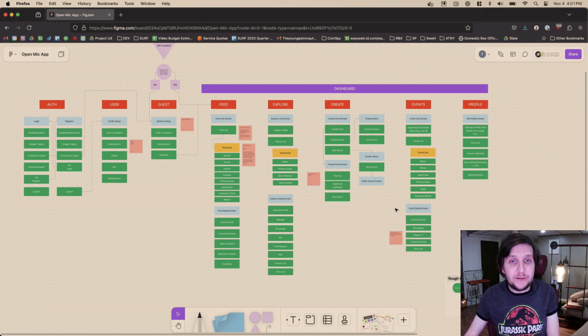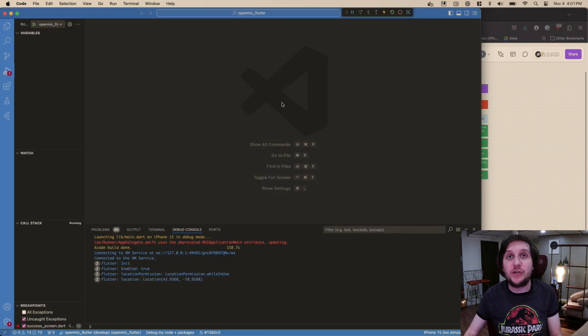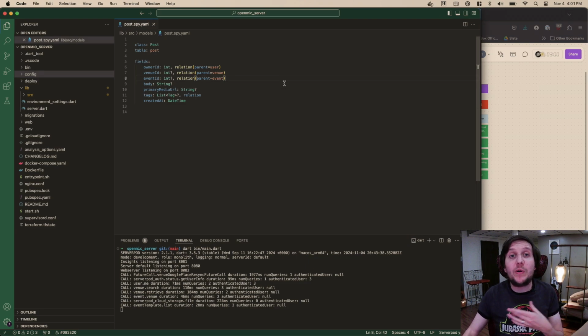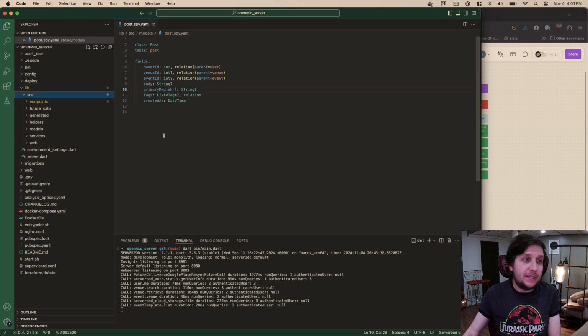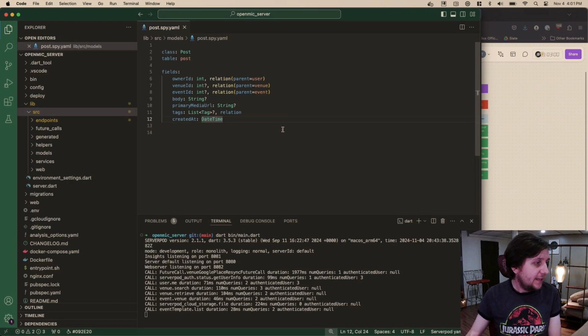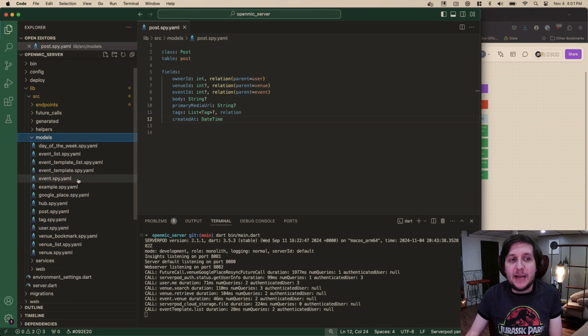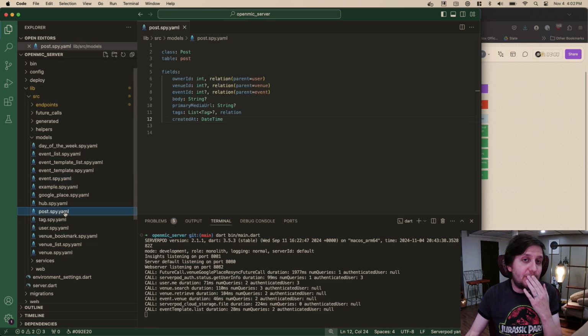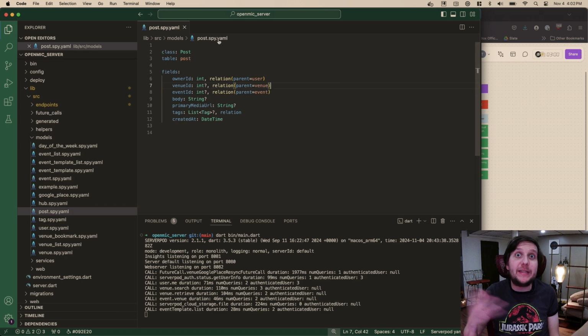So just to do a quick look, I essentially have two different projects, although they're in the same Git repo: the backend code and the front end code. What's cool about Serverpod is, and I'll zoom in just a bit here, you essentially make your models, and you configure them as a YAML file. So let's pick one pretty basic. Let's do post, because that's what we're going to be working on in the next video. We're not going to do any work in this video, but in the next video we'll be continuing on this part. So you configure it.